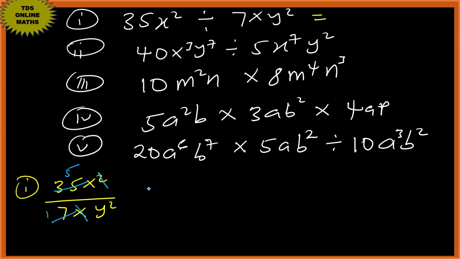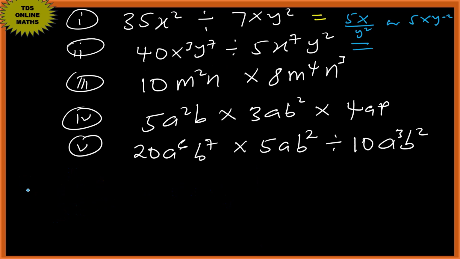Okay, so we have 5x times 1 over y squared. So we have 5x over y squared, or 5x y to the power minus 2. Okay, so that's the answer. Example 2, we have 40